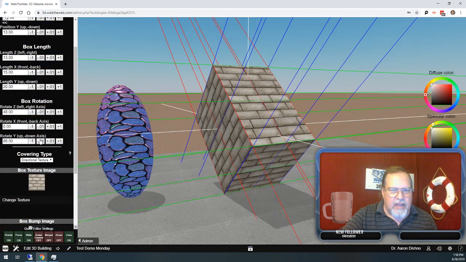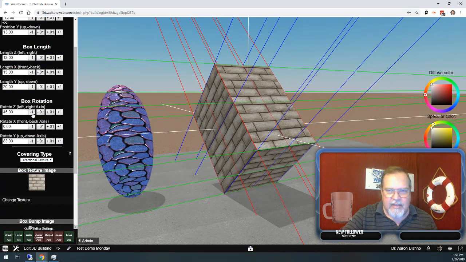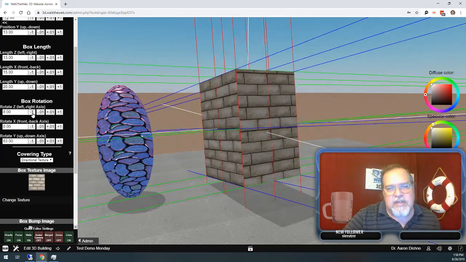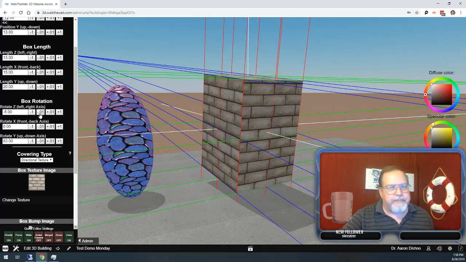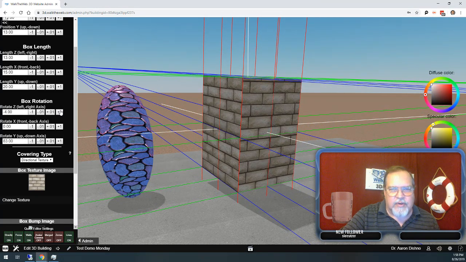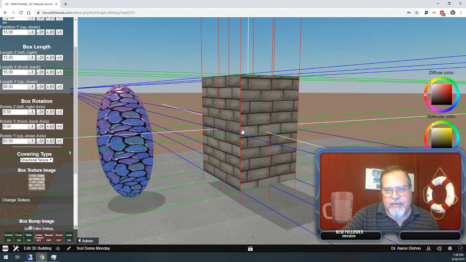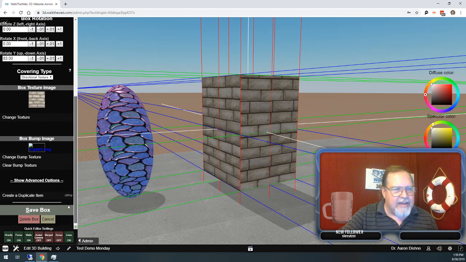Now just to do it, let me back that back down just so we're kind of looking at the different sides. Notice another thing that happened with my image. When we look at this horizontally, notice that the edges do not match up. This one has it right here, this one is right here. The bricks don't look complete, they don't look in place. Well, what I've done is I've added additional